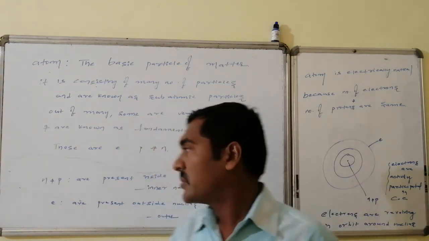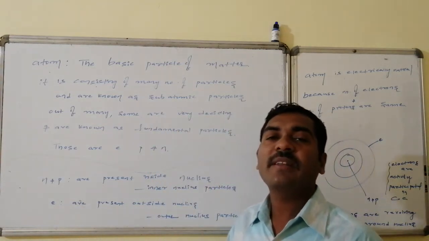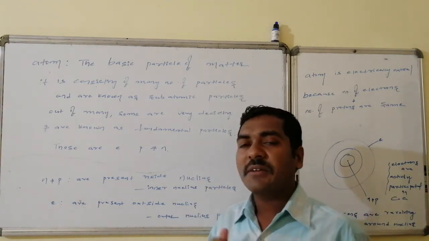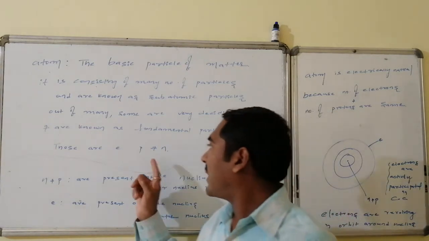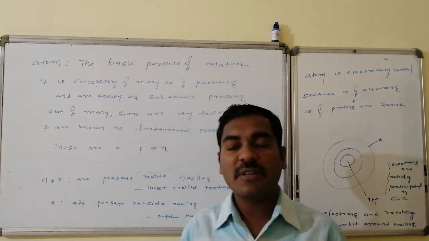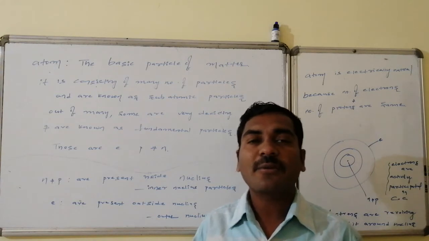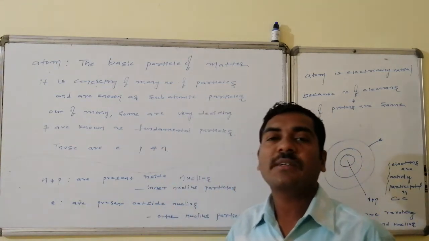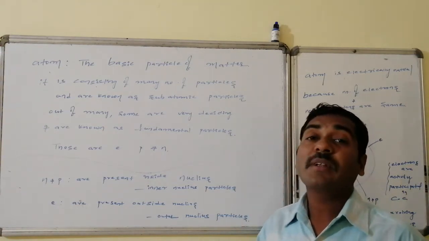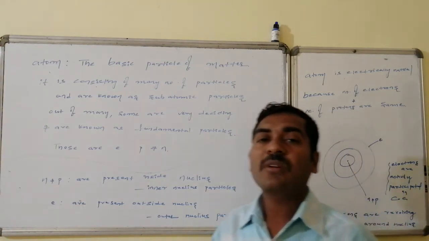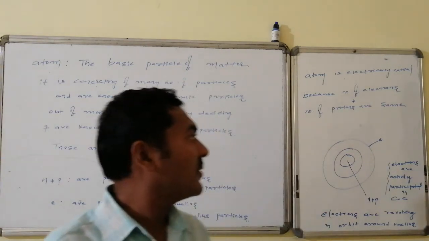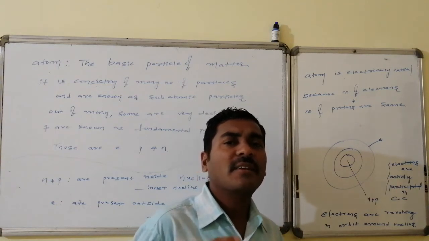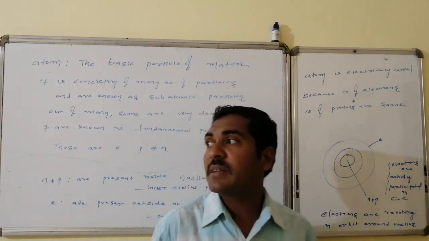Those are three: electron, proton and neutron. We discussed the discovery of all these fundamental particles. Neutron and proton are indicated by N and P, and these are present inside the nucleus. The electron is revolving around the nucleus in the orbits. Therefore the neutron and proton are said to be the inner nucleus particles, and the electron is said to be the outer nucleus particle. Electrons actively participate and are responsible for the chemical combination of an atom